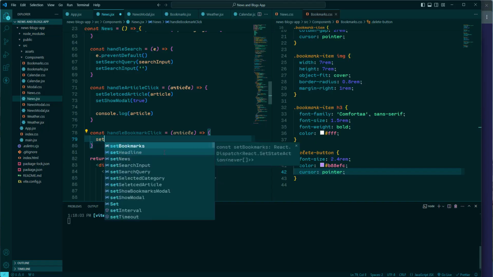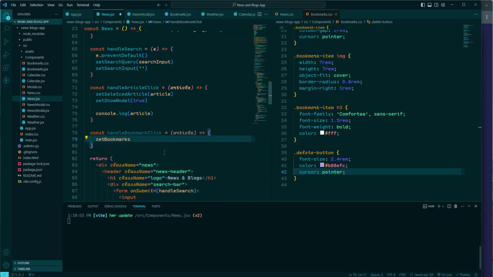Therefore, we need to call setBookmarks function. Inside that function, I'm going to insert a callback function with the parameter prevBookmarks. So this line calls the setBookmarks function, which is used to update the state variable bookmarks. setBookmarks takes a callback function as an argument. The callback function receives the previous state, prevBookmarks, as its argument. This ensures that the state update is based on the most recent state, which is crucial in asynchronous environments where